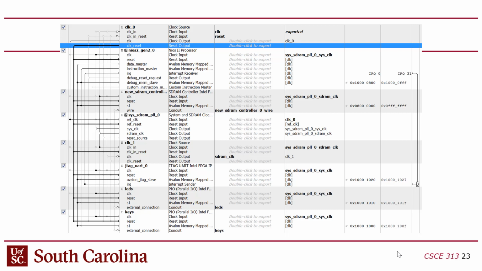Okay, and so that's what the final system looks like with all the connections. Hopefully there's no bugs in here. I don't believe so. So again, you've got the clock source, the CPU, SDRAM, the clocks, what is that? Oh, that's the SDRAM controller, right? Yep. That's the clocks, the PLL. That's the dummy output thing for the SDRAM clock. UART, LEDs, and keys. These are just